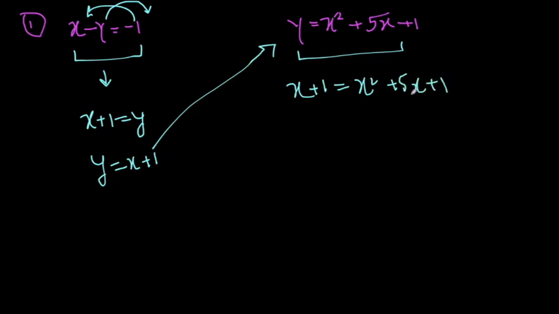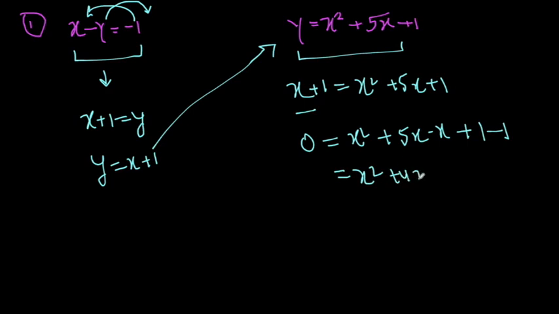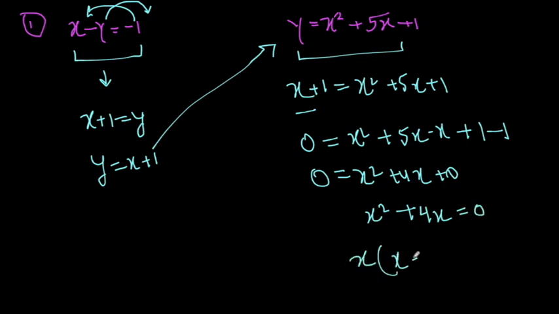Okay, so let's try to put everything one side. So can I write 0 is equal to x square plus 5x minus x, because this minus is shifting to another side, plus 1 and minus 1. Okay, so now this will become x square plus 4x plus 0. So can I write x square plus 4x is equal to 0. Let's take x common, so you will get x into x plus 4